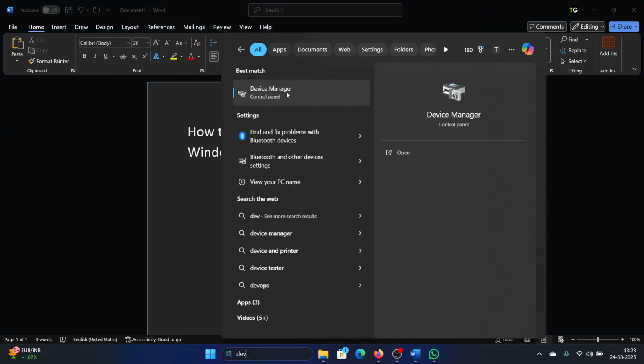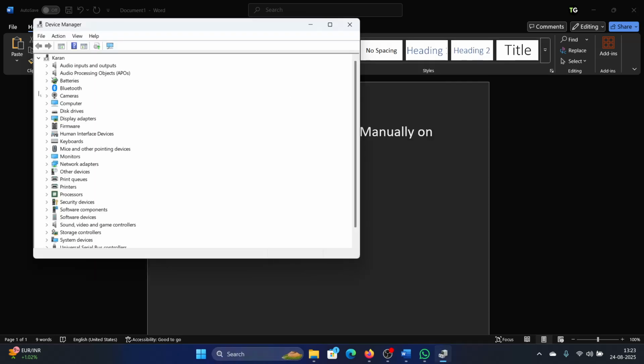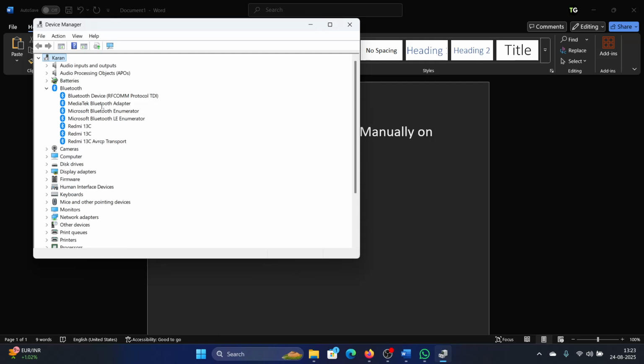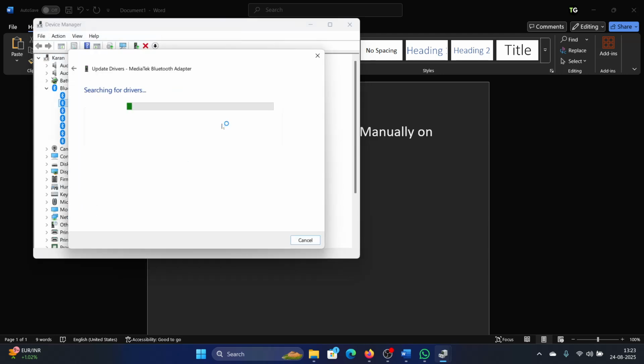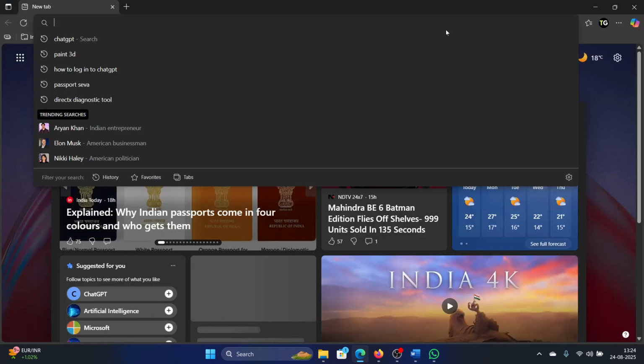Search for Device Manager in the Windows search bar, open Device Manager, expand the list for drivers. If the driver is present here, well and good, else click on Actions, Scan for hardware changes. Right click on the driver, select Update Driver and update the driver. Now this will install the driver manually, and if the driver is not present, then you will have to go